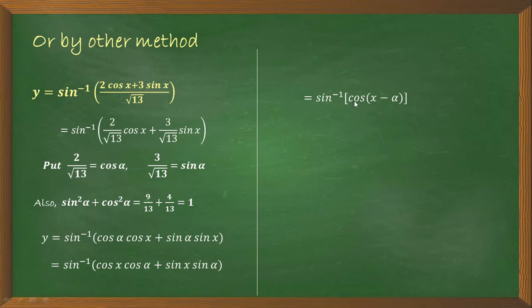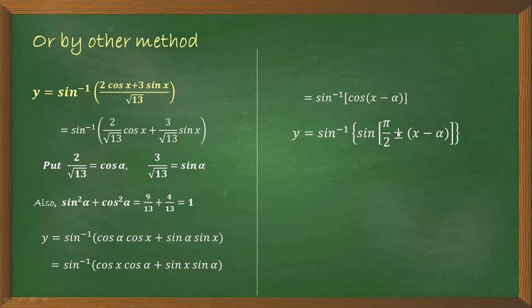So here we have to convert the cos ratio into sine ratio after this adjustment. So how will you convert the cos ratio into sine ratio? Then see here, it is equal to sine inverse. Now in bracket cos can be converted into sine as sine(pi by 2 plus (x minus alpha)) or sine(pi by 2 minus (x minus alpha)), means sine(pi by 2 plus or minus theta) is equal to cos theta. We know that formula, that is called as allied angle formula.